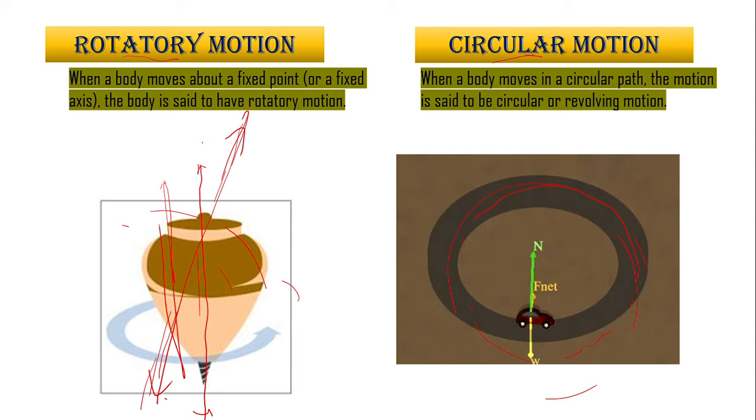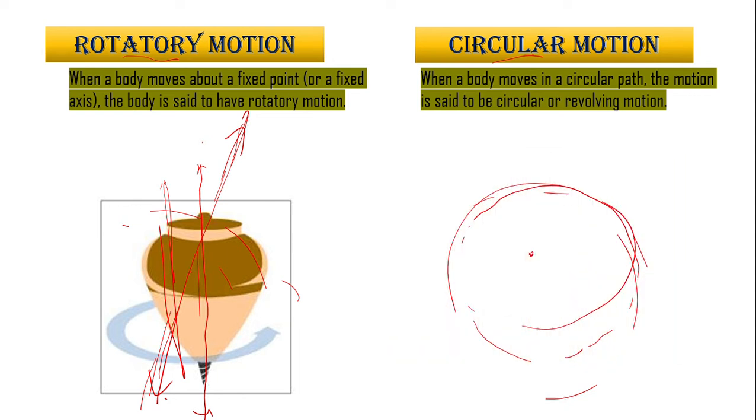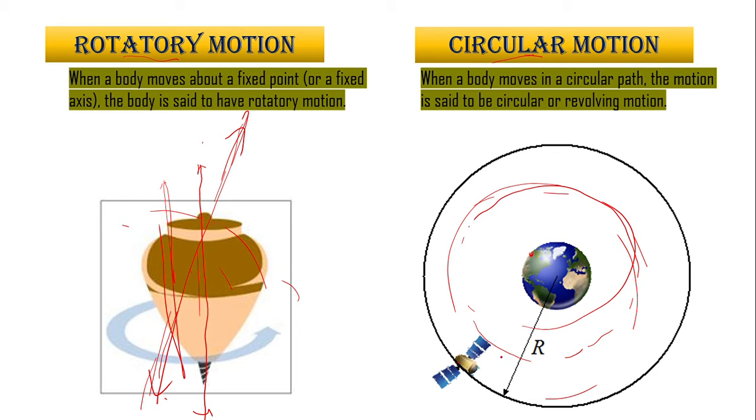Now let's see the examples for circular motion. A car going on a circular road. This is the center of it, and the car is moving in a circular path, so that is a circular motion. A satellite going around the earth, that is a circular motion. It is going around something, it has nothing to do with